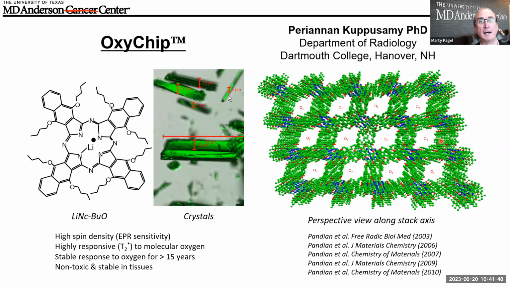And here, Periannan Kuppusamy at Dartmouth, Geisel, has developed a solid material, a powder, and it's actually a crystalline material that can be ground into a powder type of material that has a lithium with an unpaired electron. In this crystal system, oxygen can pass through these channels and interact with the unpaired electron of the lithium. And we can play the same game of measuring T1 relaxation to get the PO2 from this powder material. And it has an advantage, and it's not in a liquid form, so it doesn't go anywhere when you put